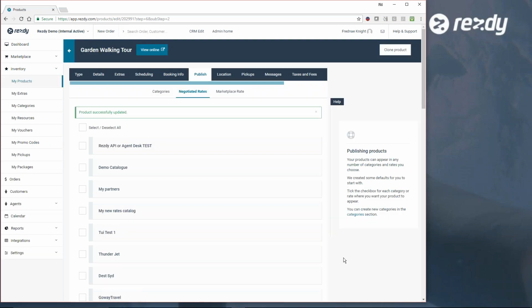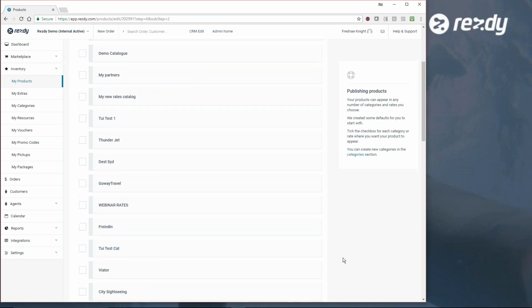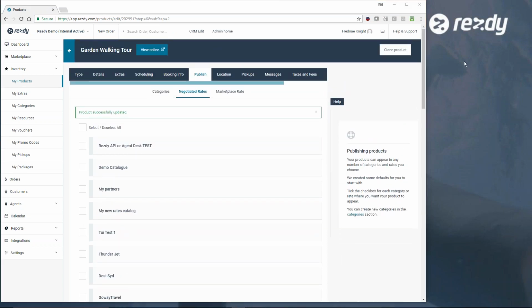This takes us to sections regarding negotiated rates and the marketplace rate. Now, the negotiated rate and marketplace rate are features within the Rezdy platform that assist you in promoting your tours or activities within the marketplace. Again, the marketplace is a feature in Rezdy so that you can promote your tours and activities to agents and